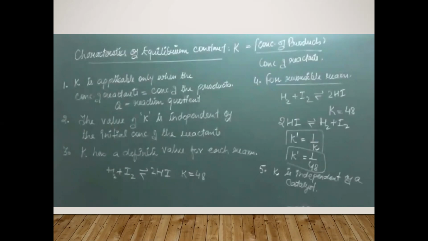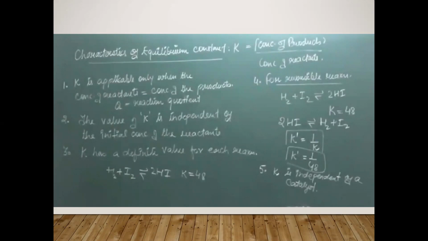जब equilibrium आ चुका, उस वक्त reactants और product की क्या concentration है, उस पर depend करता है K का value. Reaction जब start हुई, उस वक्त reactants का concentration कितना था, उससे K को कोई फर्क नहीं पड़ता. K is independent of that.